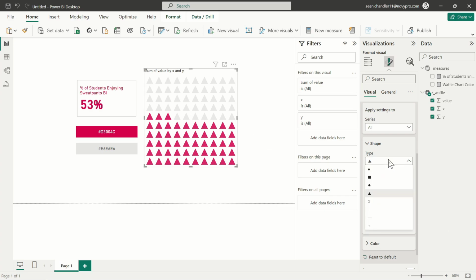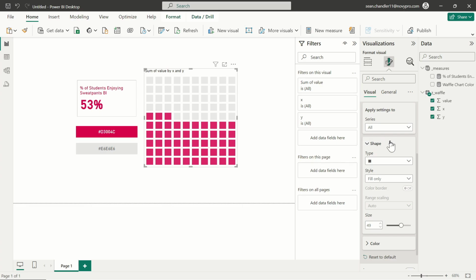I'm going to call this a forest chart, even though I do prefer the typical waffle chart. But just letting you know that just because Power BI doesn't have a native waffle chart doesn't mean that it doesn't kind of. If you're somebody that needs a waffle chart and you're accustomed to downloading third-party visuals from the marketplace, I just